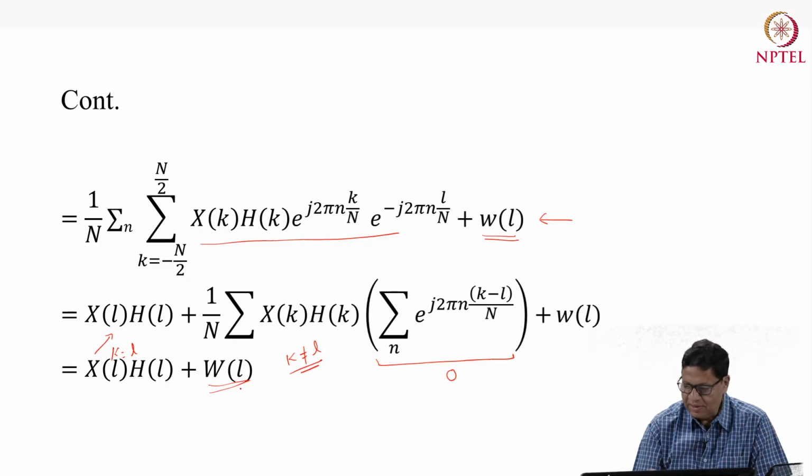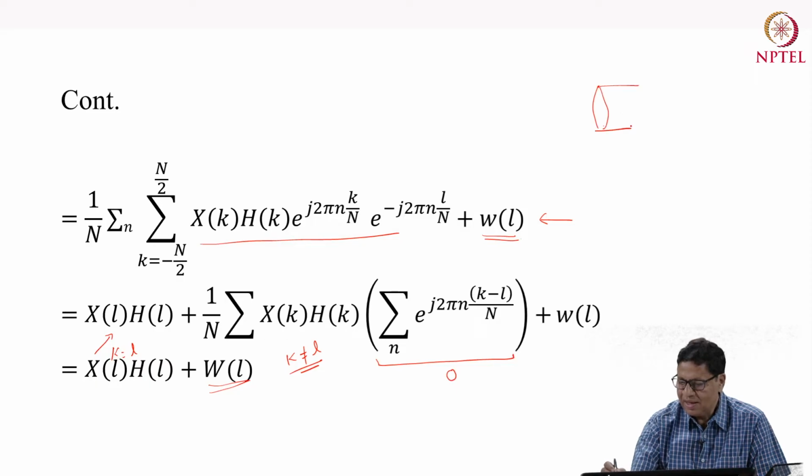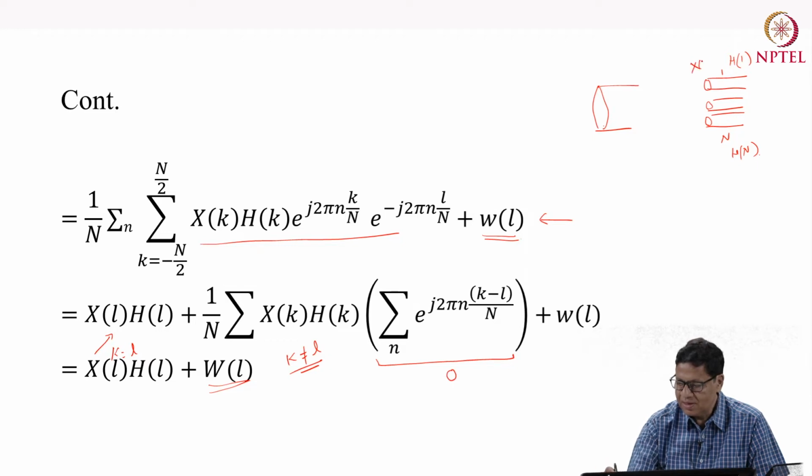We already saw this result when we had a frequency selective channel, and then using OFDM we made it flat fading channels. These are the subcarriers, and they have channel coefficients H1 to HN, and each has data. This is X1, this is XL. So we get back the same